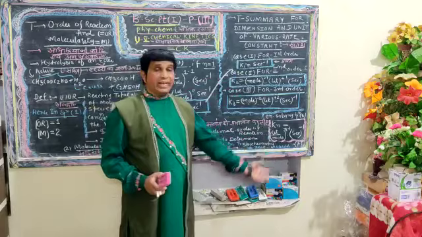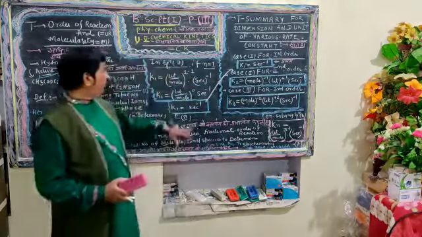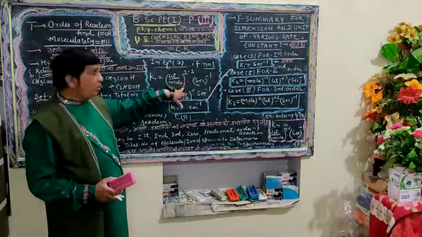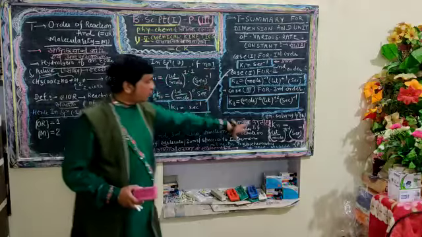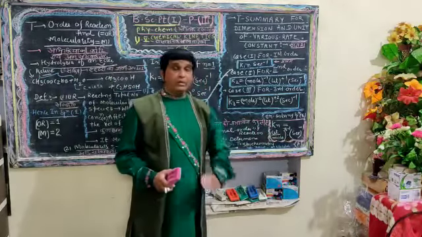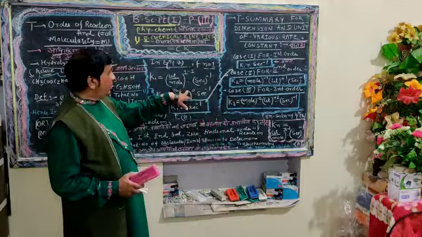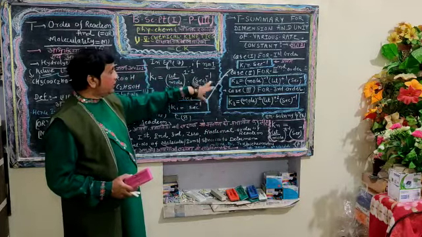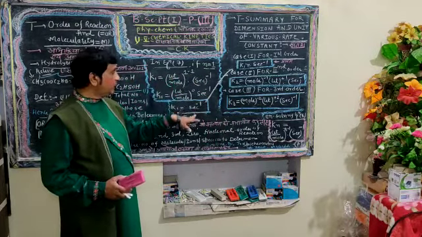Now by using the direct formula, we determine the value of K1, with n equal to 1, for the first order of reaction. The unit is liter per mole to the power 1 minus 1, second to the power minus 1, that is liter per mole to the power 0, second to the power minus 1.